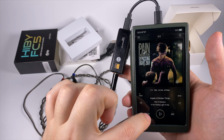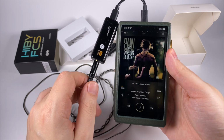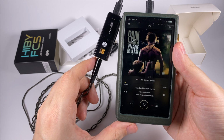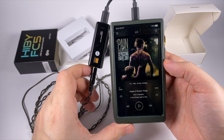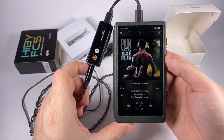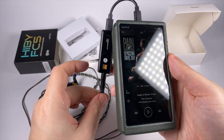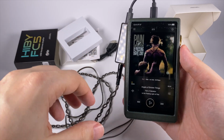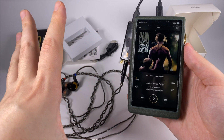And as an example, I've got one of my favorite bands, probably my favorite album from this band and one of my most favorite tracks. It's Pain of Salvation, Angels of Broken Things. Probably it can be called, maybe not a ballad, but a non-aggressive track from this album, but it has that interesting sense of tension, and you keep waiting for the track to explode into some heavy guitars, but